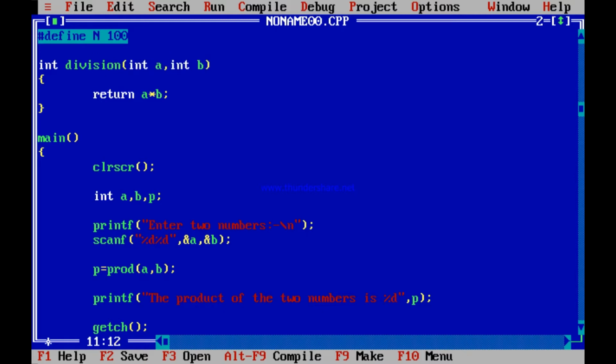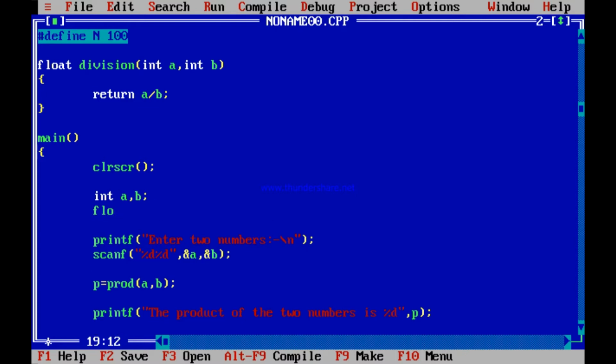So division is a by b, but a by b cannot be an integer, a by b has to be float. So in that case, this p is not needed. Instead you can have float d, and this d you receive from the return of division a, b.